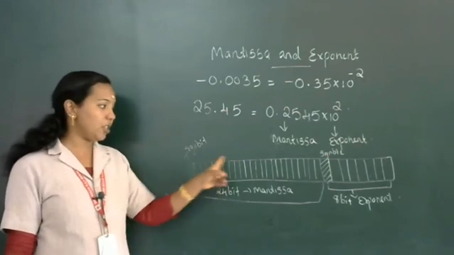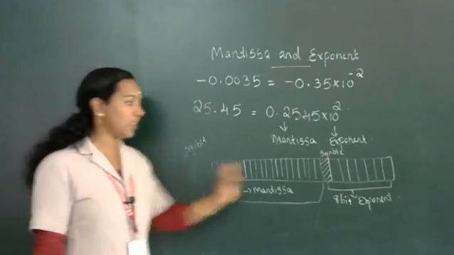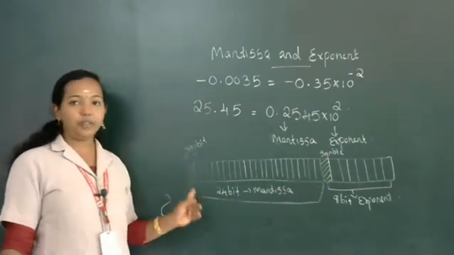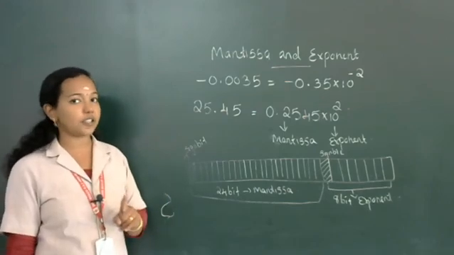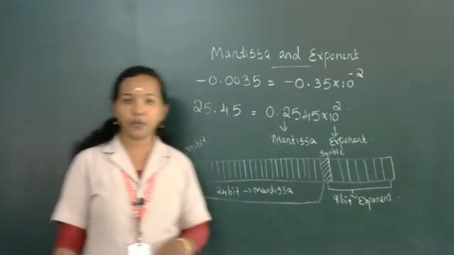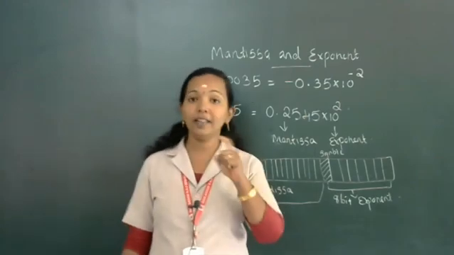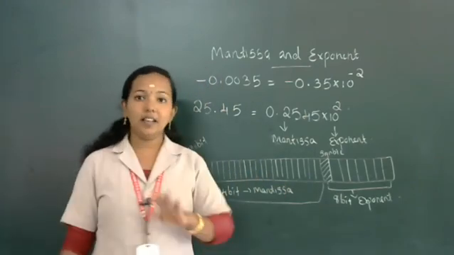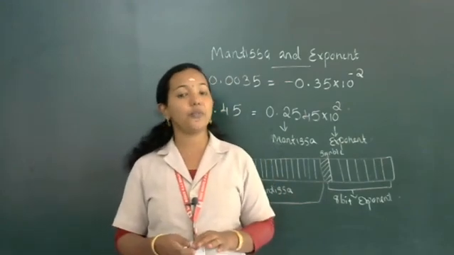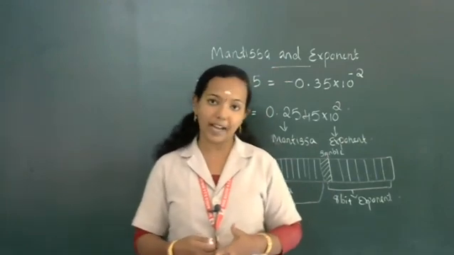I already mentioned, this 24 small columns you don't want to draw. A single column you want to draw and write 24-bit for mantissa, and the left side 1 bit you want to mark because it is for the sign bit, and in the exponent 8 bits, the leftmost bit is also known as the sign bit. Hope you understood how we are representing numbers. So by this, the representation of numbers is over, real numbers and also fractional numbers. We already studied how we are representing real numbers and fractional numbers.